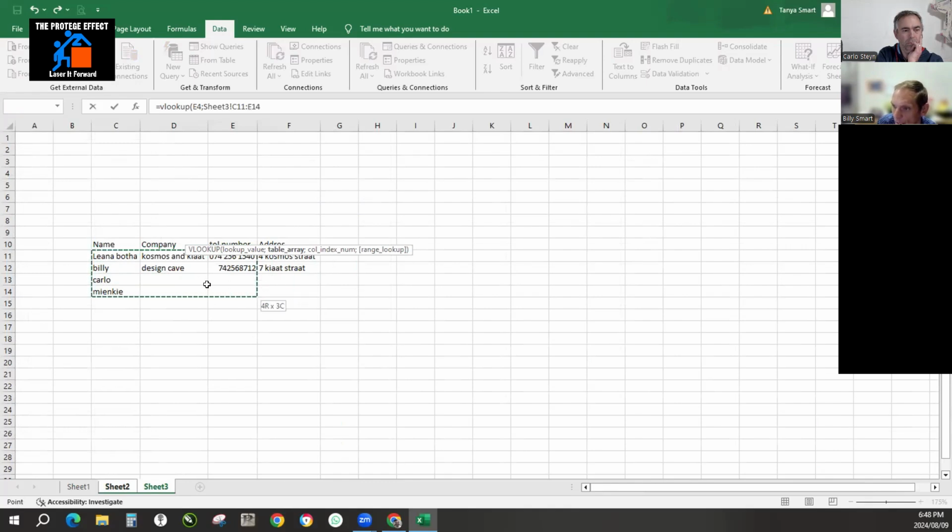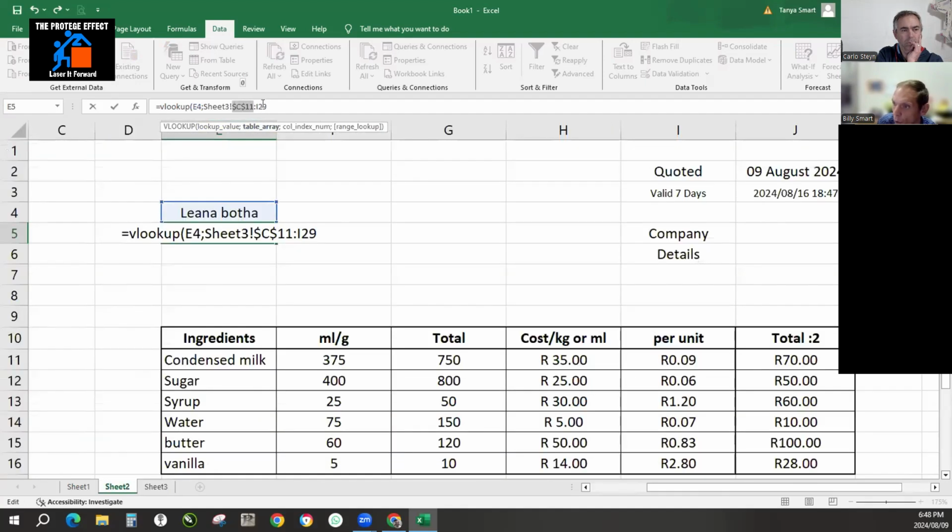We don't just want to select the first 2 because we might want to reference a lot more later. So I'm just going to make it go all the way down to the bottom so it's doing a lot at a time. Over here, very important, F4 always. Don't even try not to F4. When you get good with a VLOOKUP, you can start taking your dollars and stuff away. It can do your brain in seriously when you start doing VLOOKUPs and HLOOKUPs with